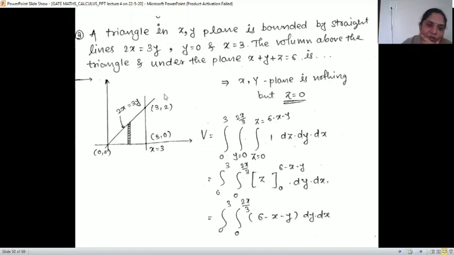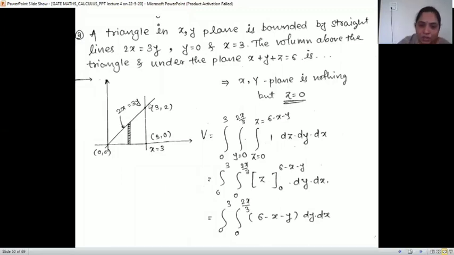And here we have to check the point of intersection. So this is the x is 3 line, and here is the 2x is equal to 3y line. So x is 3, we are substituting here. If x is 3, it is 3 into 2 is 3 into y. 3, 3 get cancelled, y is 2. So when x is 3, y is 2. So the point of intersection is (3, 2). Okay.